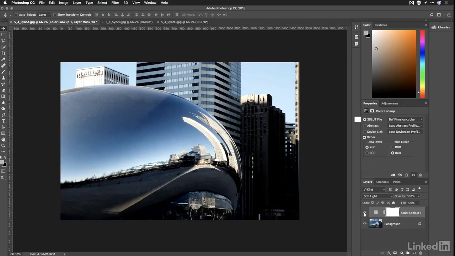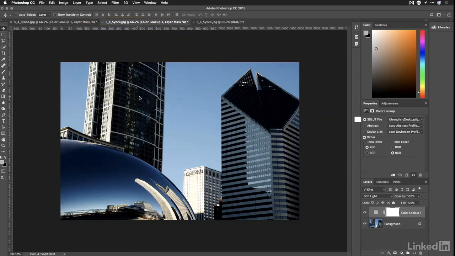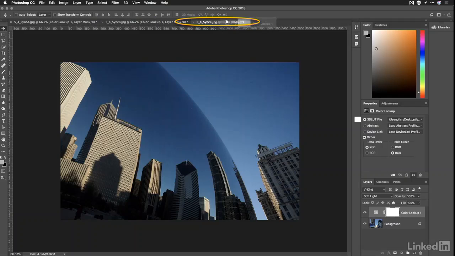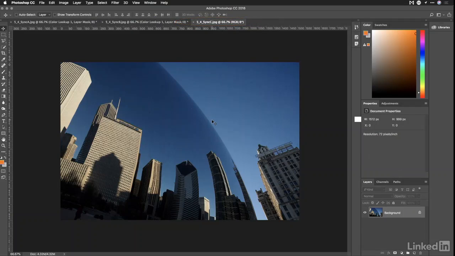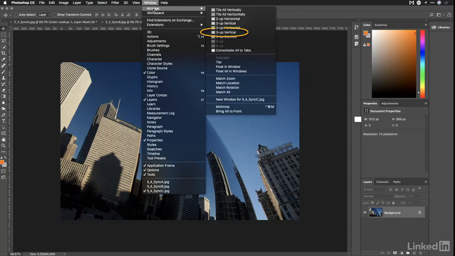That's good. A nice little bleaching effect with increased contrast. Now I can take that layer and just reuse it, quickly dragging to other images and dropping. And as you see, it makes it really easy to synchronize images and to do this. Additionally, if you want, you can make this even simpler by just choosing to arrange these into a multiple up